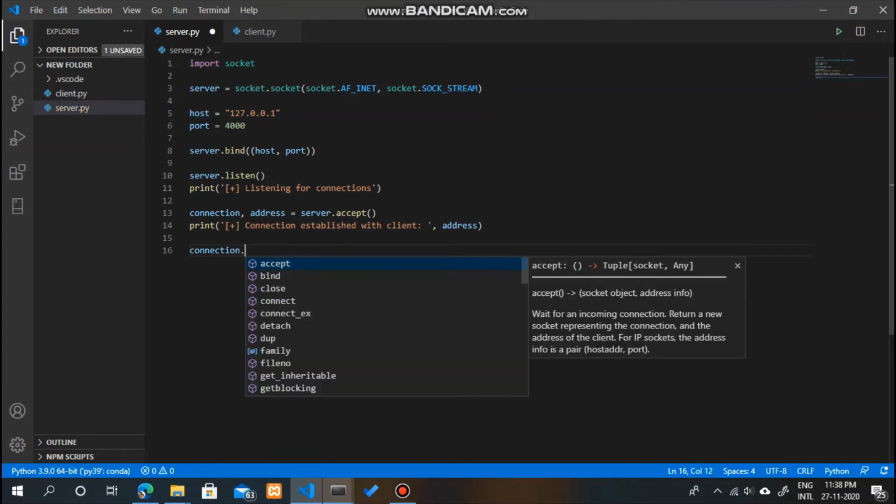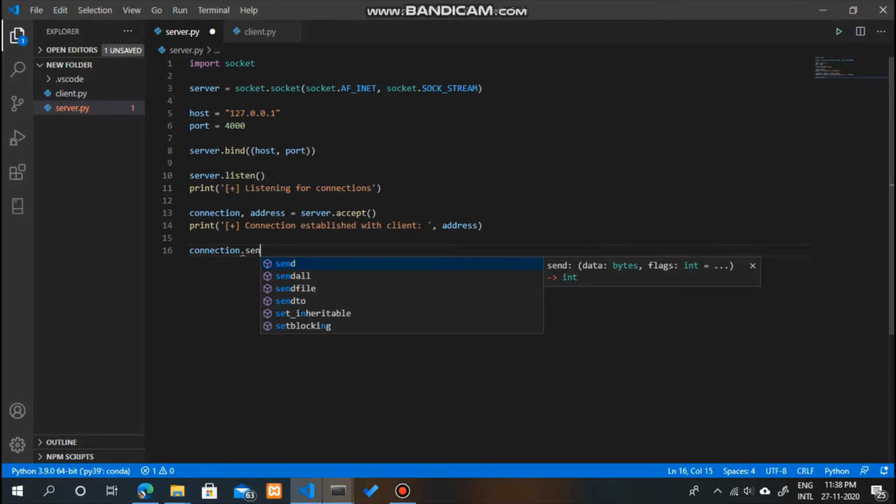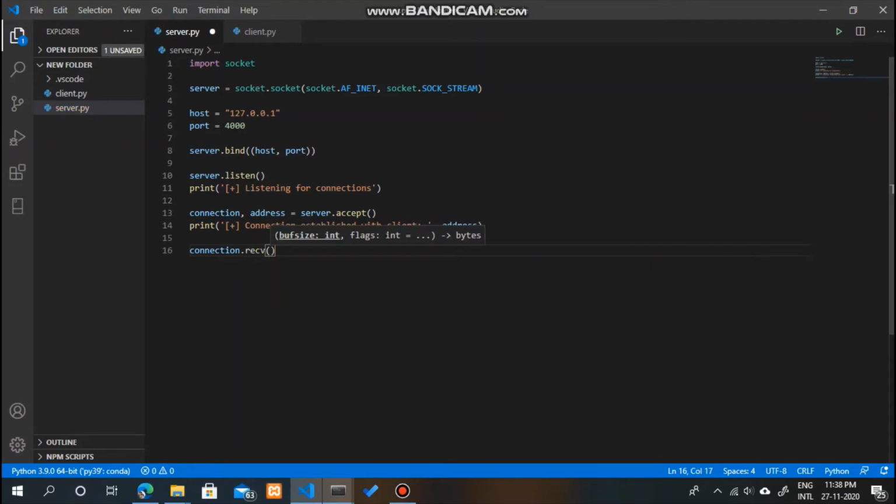Right now let us just receive data. So this is connection.recv, and we'll receive data and store it inside this received data variable.